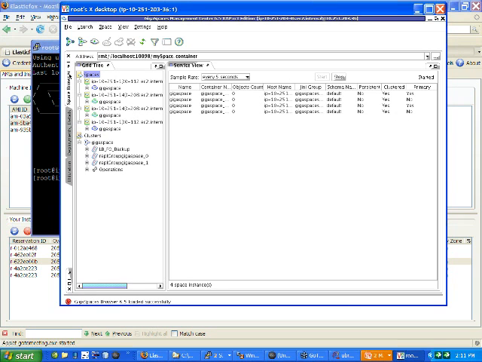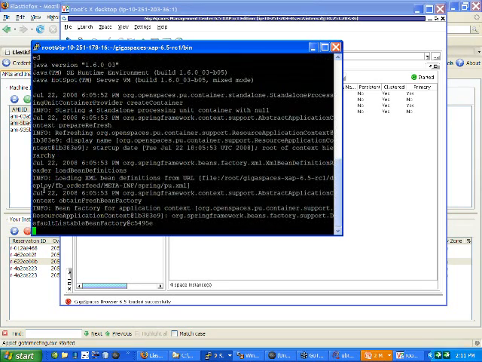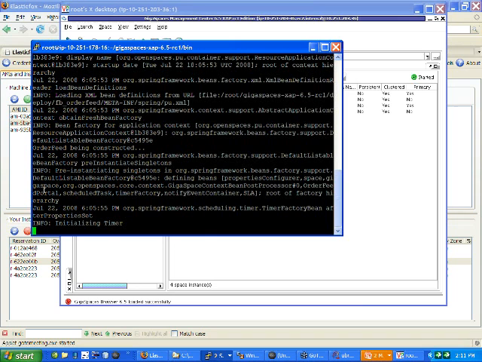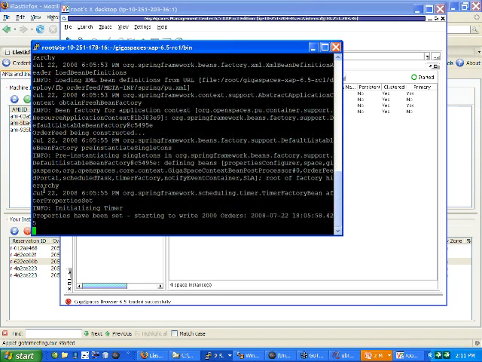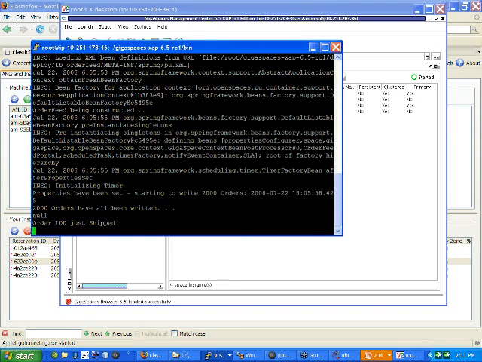And while it's doing that, we can take a look and watch the space respond. So over here, I have a command line client that I'm going to kick off within this Unix shell, and it's going to feed orders into the system, and we'll watch it process. So what it's doing is it's looking up the bootstrap. It's going out and getting the cluster proxy, and the client doesn't know if there's 1 instance or 1,000 instances within that clustered configuration, or even if it's clustered at all. All the client knows is that there's a named resource available that's going to process orders.